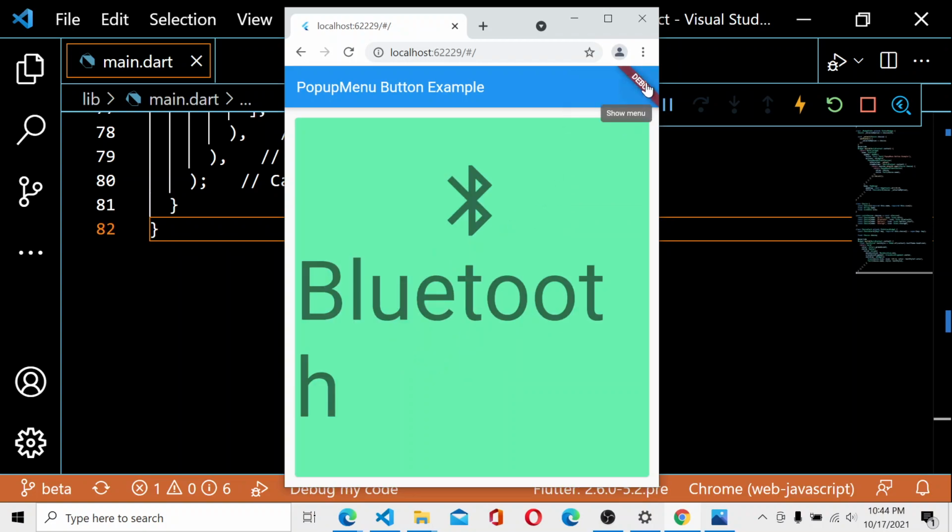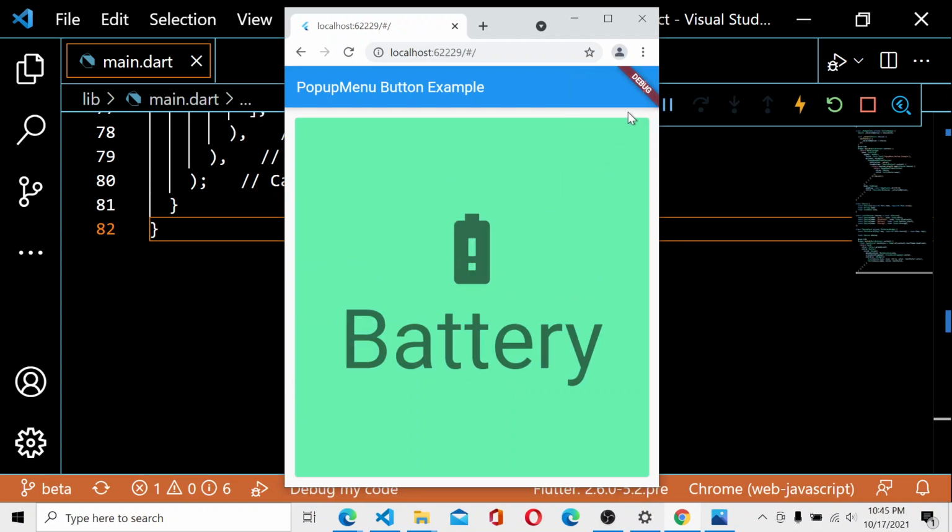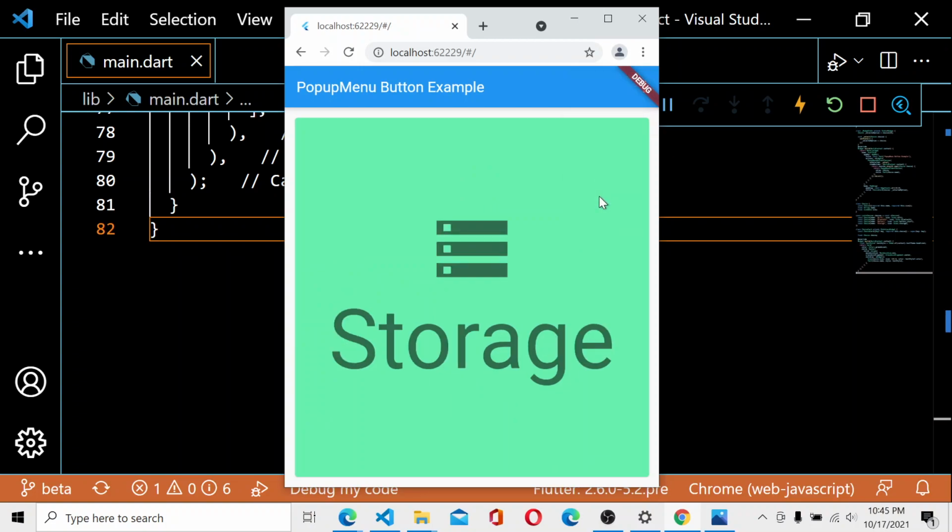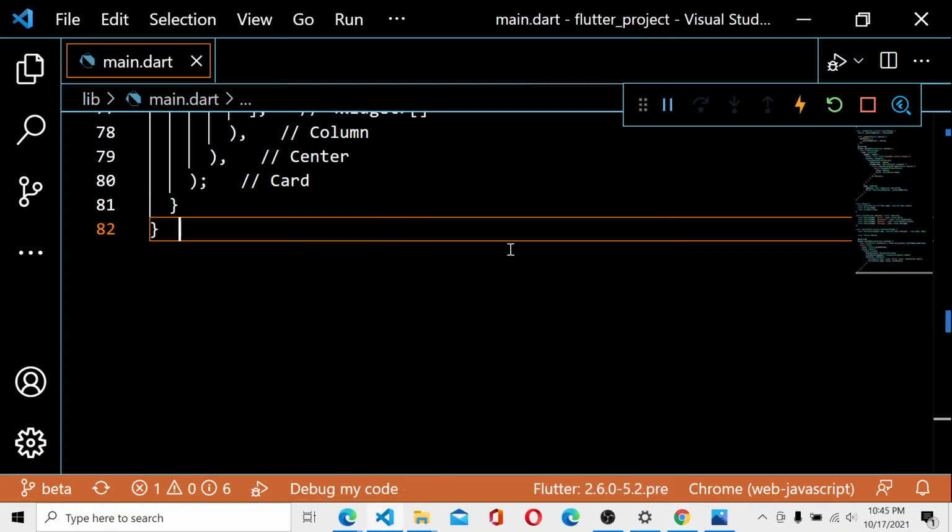If I press on Bluetooth, Bluetooth will be shown. If I click on battery, battery will be shown. And if I click on storage, storage will be shown over here. So that is a specialty. Okay, so let's get into the code.